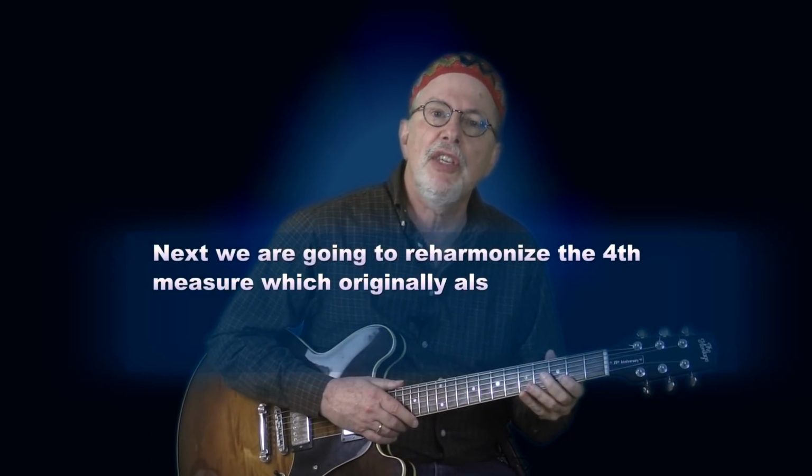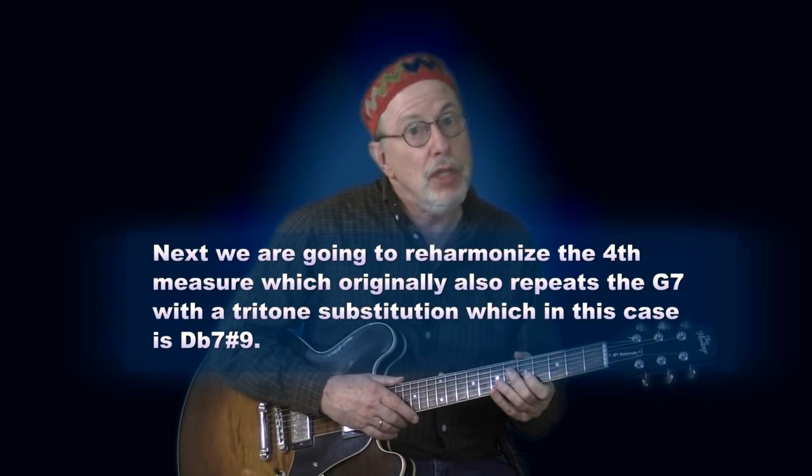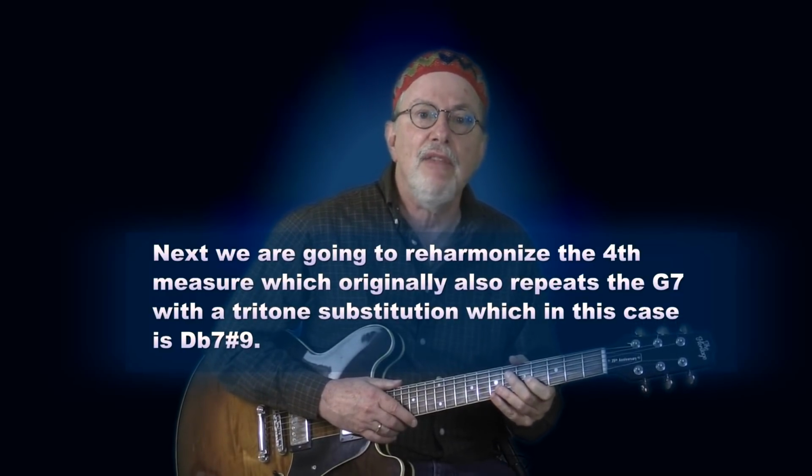Next, we are going to reharmonize the fourth measure, which originally also repeats the G7. And we're doing this with a tritone substitution, which in this case is D flat 7 sharp 9. And so far we have